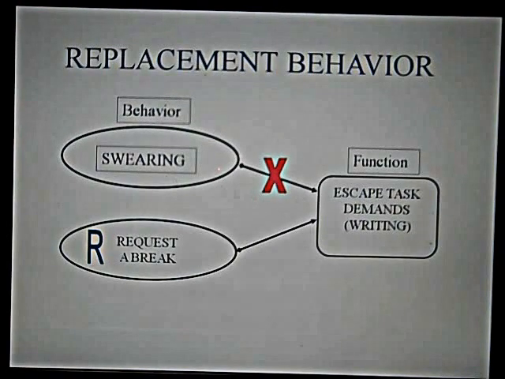So we cancel out the swearing, the throwing of a book, because that's a negative, and replace that with a positive behavior, such as requesting a break. Give you a 2-minute break, and after that break, we're going to do some of the writing work. So it builds on communicating skills, communicating your feelings, communicating what is occurring. And it also helps them to develop a better way to express a need.